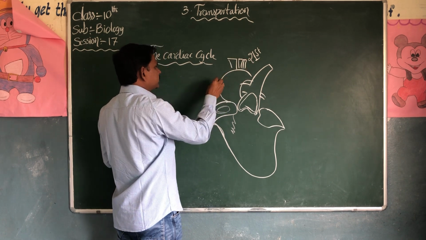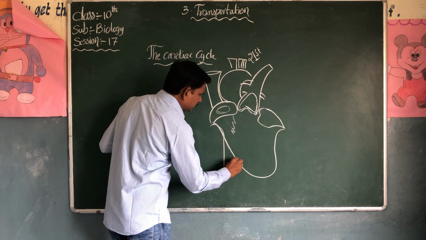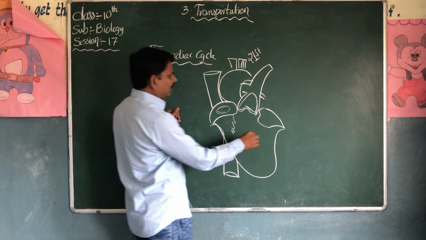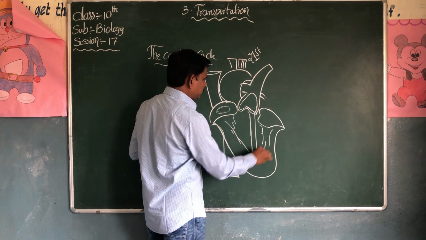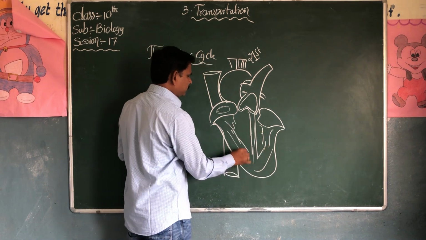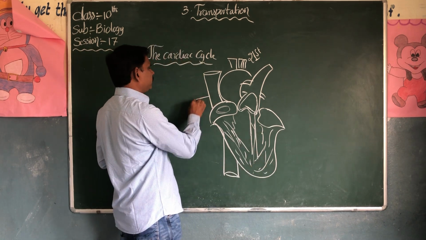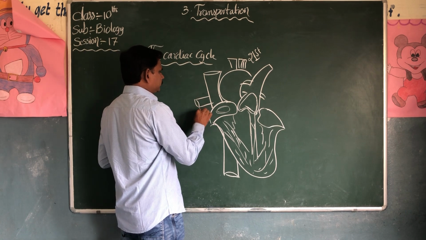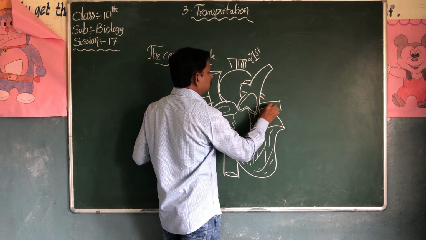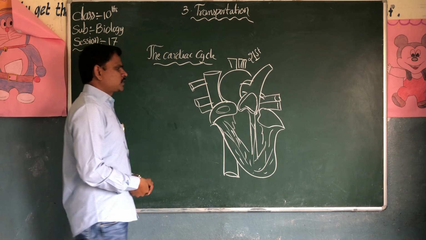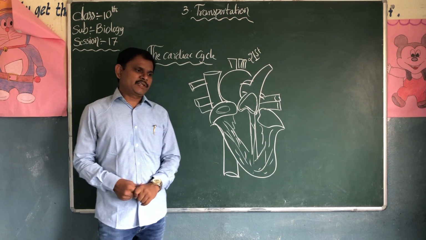So we already discussed this structure of the heart. We explained about this heart, but I am not going to draw all the labels here. For understanding, you can draw the simple diagram of the heart. This is a rough diagram of the heart. So we know there are 4 chambers in the heart, 2 atria and 2 ventricles.